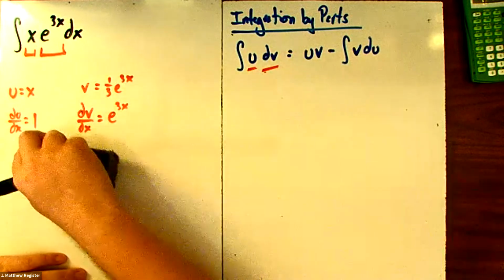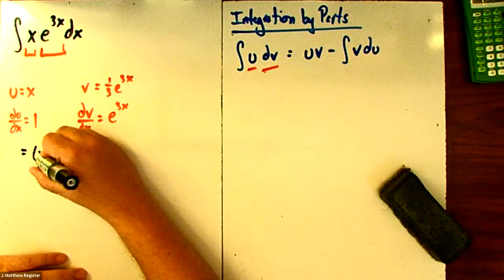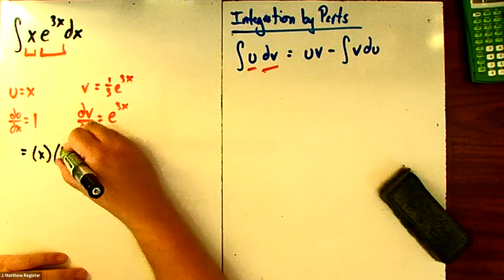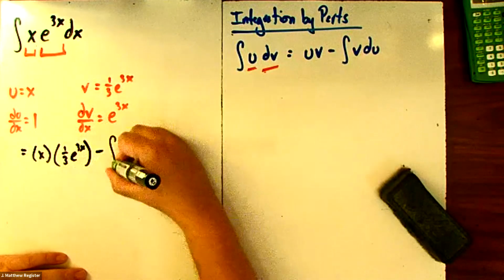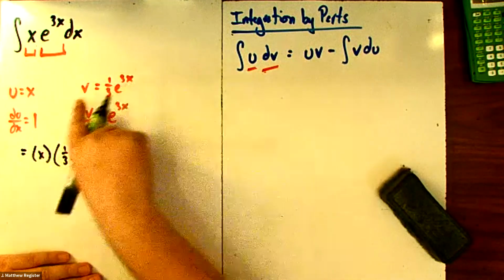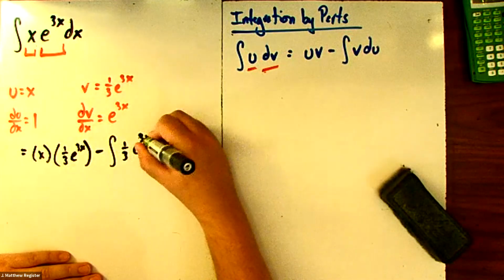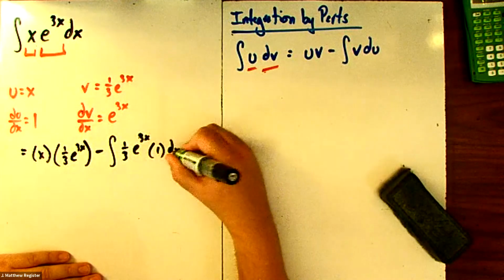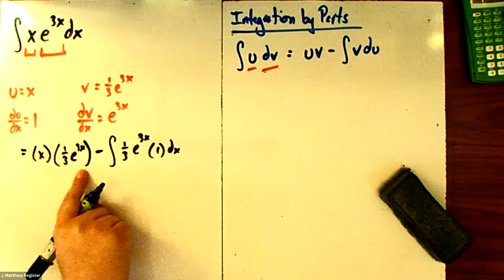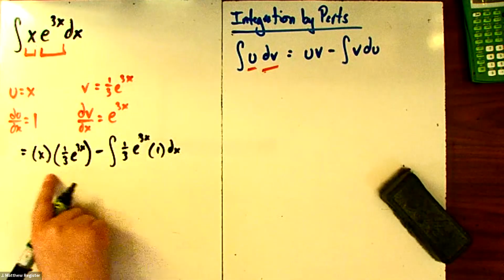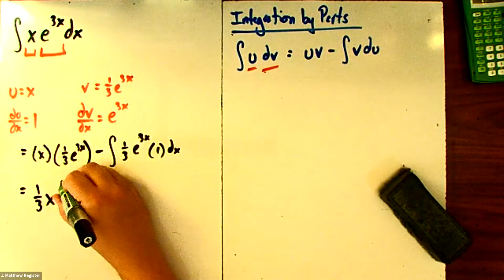Actually, I guess I'll just write it straight away without trying to simplify it first. It would be u, which is x, times v, which is 1/3 e to the 3x, minus the integral of v times du, 1/3 e to the 3x times 1 dx. And this part cleans up very nicely. You can just pull the 1/3 out and we'll get something nice. 1/3 x e to the 3x